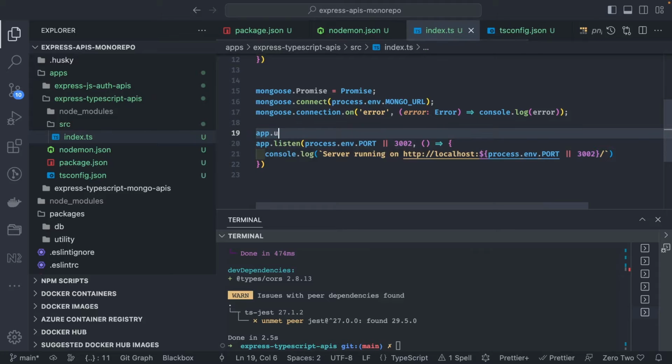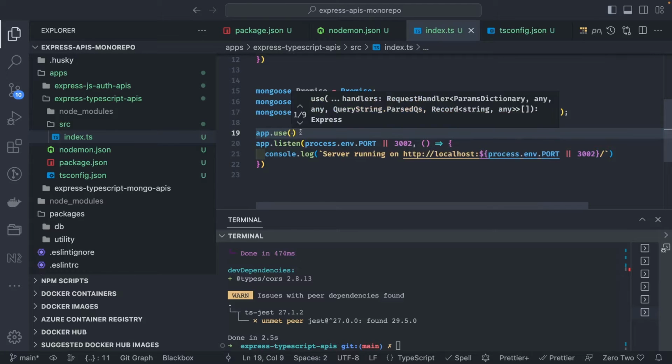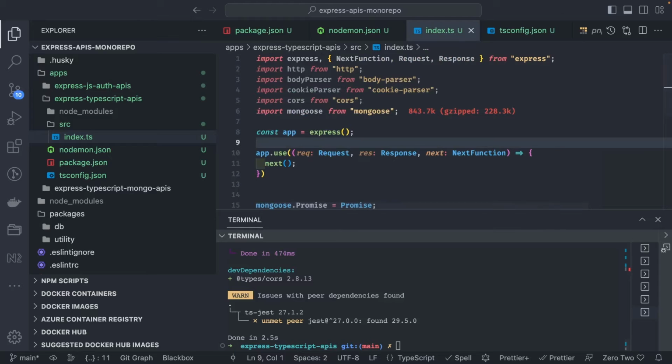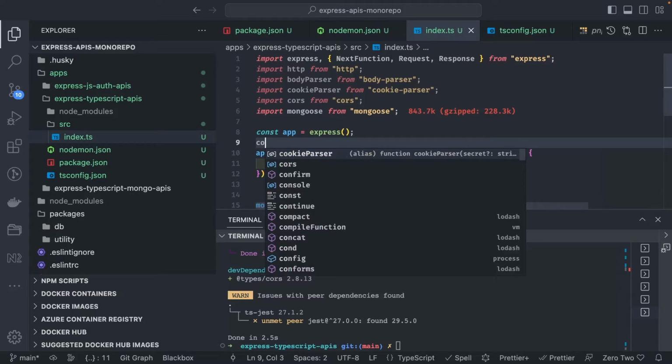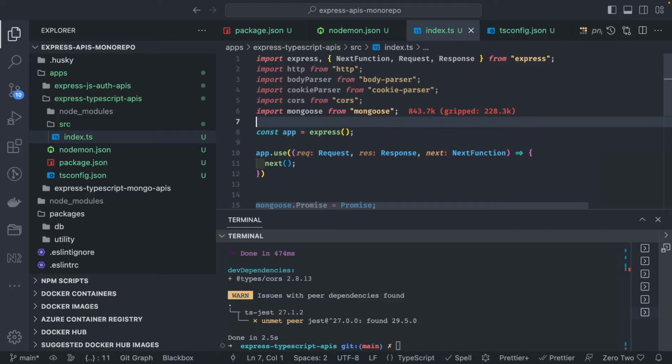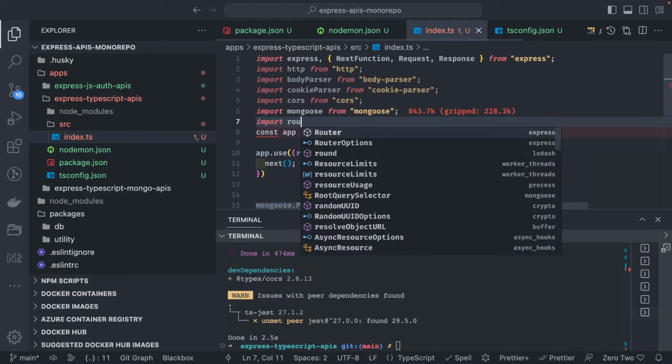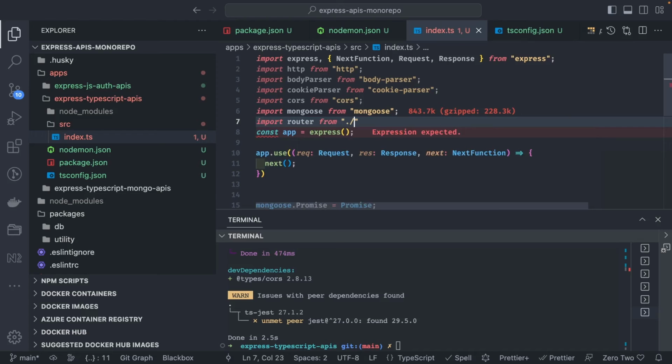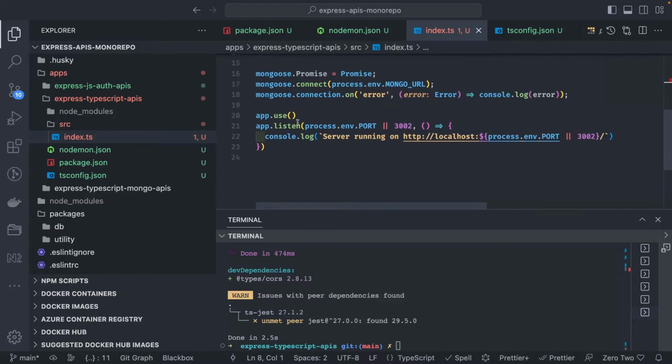app.use, because we need to register the router, right? We have to create a router for our application where we are going to define all the routes. It's not like in a single file we are going to add everything. Const router equal to, let's import this first. At the top we are going to create a router file. Import router from, we'll create a router folder. There we are going to define all the routers, and here I can just do app.use for the forward